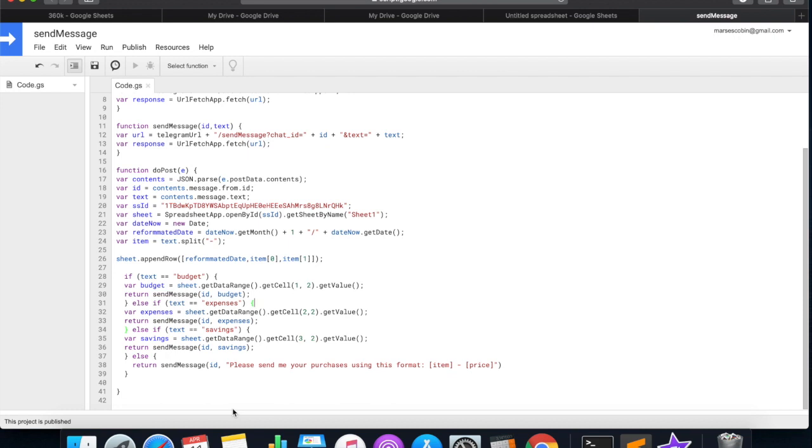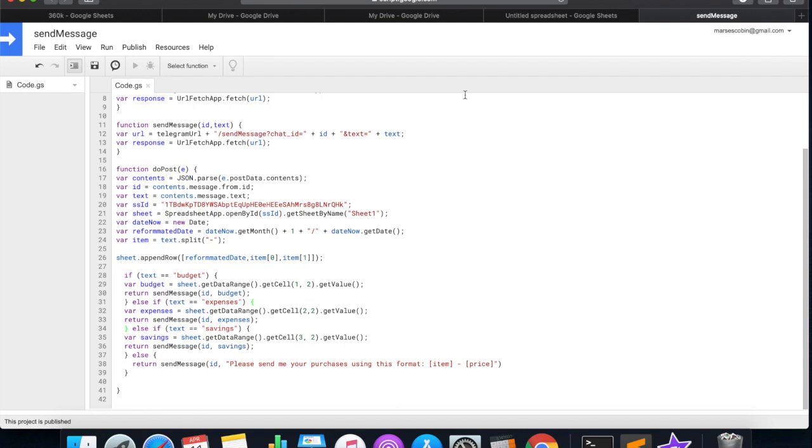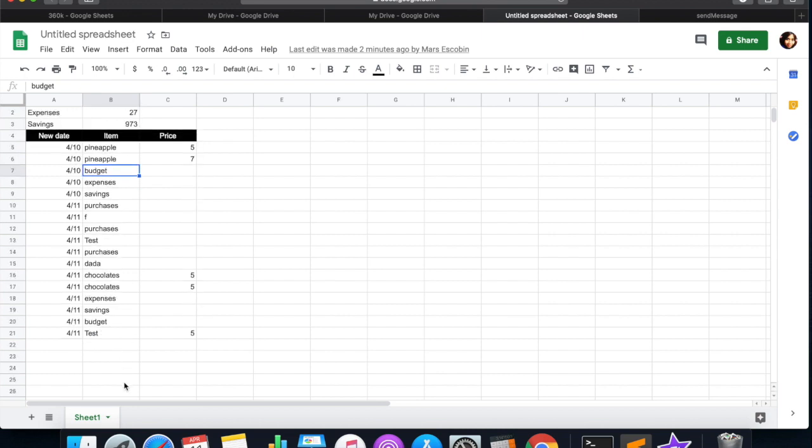But before we start tackling that, I just wanna spend some time cleaning up our current bot. One thing that I noticed is that when I was looking at the spreadsheet, some of the words that I typed up get placed inside the sheet as well, and we don't want that, right? So technically the only items that we want to be processing or adding up into this sheet are